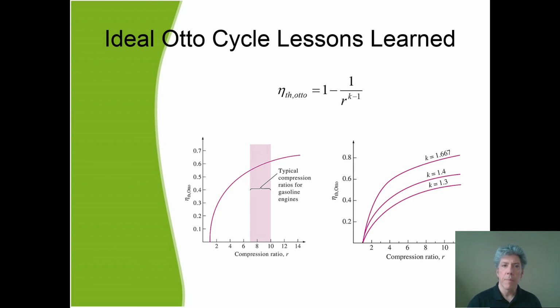So the maximum theoretical thermal efficiency depends on the compression ratio in a very direct way, and that's good to know because it tells us that even though this is not a perfect model, even though this is a sphere instead of a potato in the oven, if we can take an Otto cycle or a spark ignition engine and increase the compression ratio, we should be able to get a higher efficiency out of it, and that's something